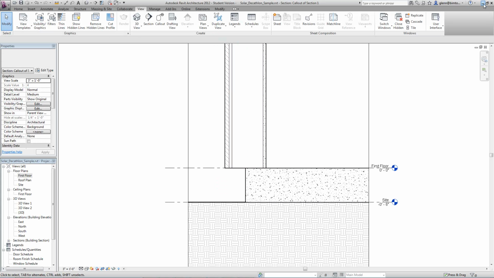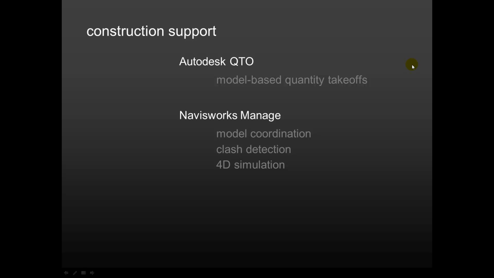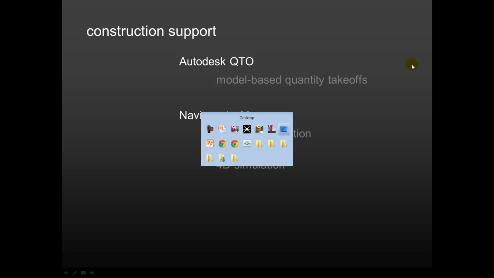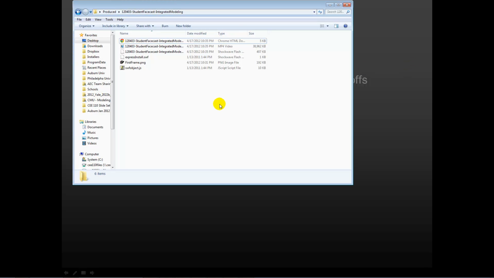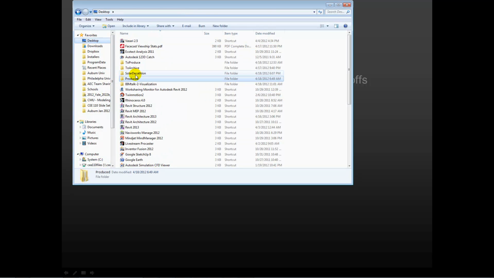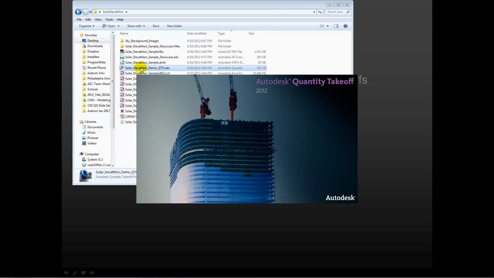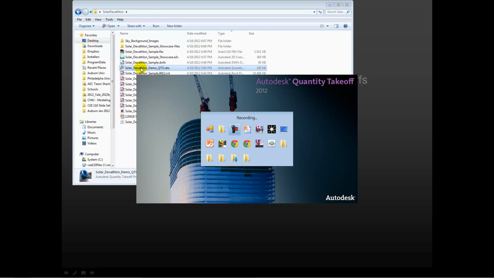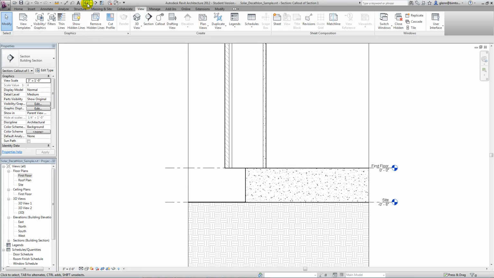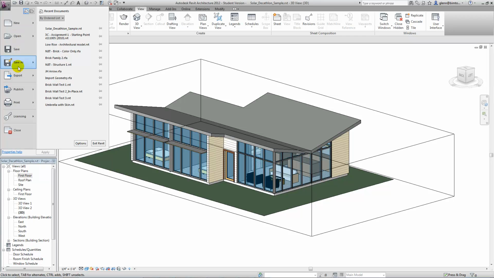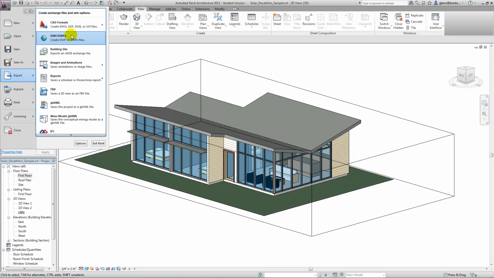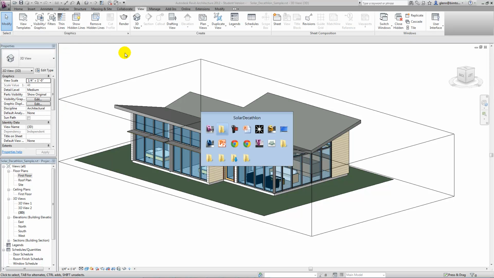Okay, let me pop out of here and come back over here. Go back to the desktop and find where I put that. Okay, and right here, I'll open up a project. Now, the way Quantity Takeoff works is we start in your Revit model. We take your active model, and to do a quantity takeoff, we do an export of something called a DWF file, which is just another standard, common file format. So we can export the model and bring it into Quantity Takeoff. And when we do,